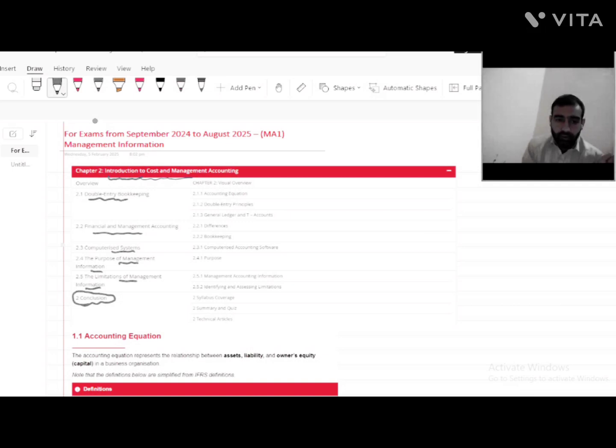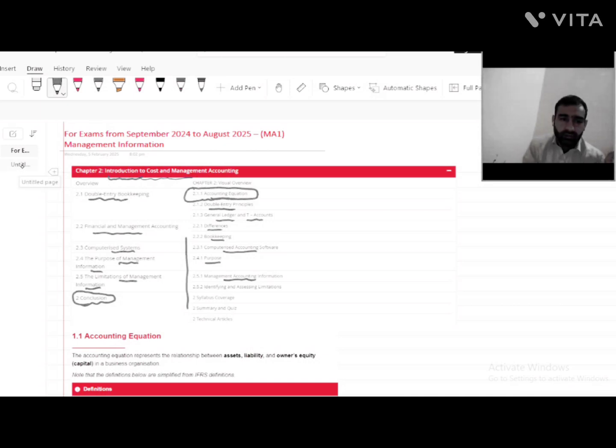Now, in chapter 2.1, there is a subsection, the accounting equation, which is also a topic. Then in the next lecture, we'll discuss the double entry principle, then general ledger entry accounts and differences, which is related to subsection 2.2 of financial management accounting, and then bookkeeping, computerized accounting software, then purposes of management accounting information, and so on. Clear? Before we start this section, the accounting equation,